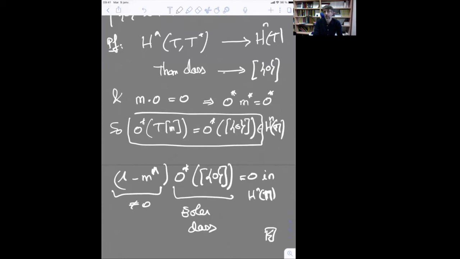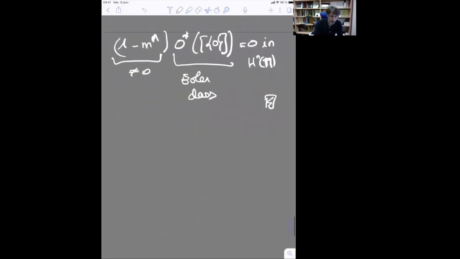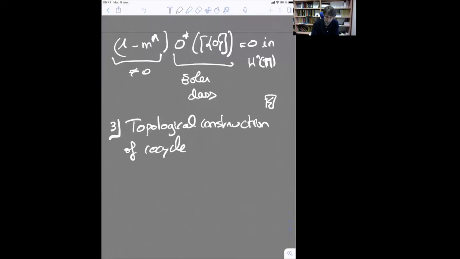And now I want to go back to the mainstream of my talk, namely the construction of cocycles, and explain where the cocycle will come from. So this will be the topological construction of cocycles. And when I say first part, is that I will discuss first the affine case.